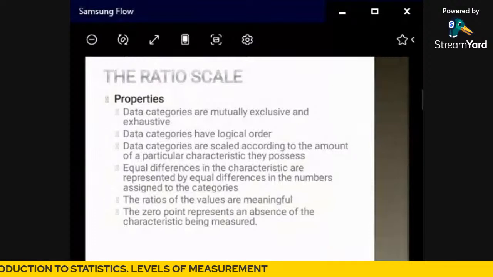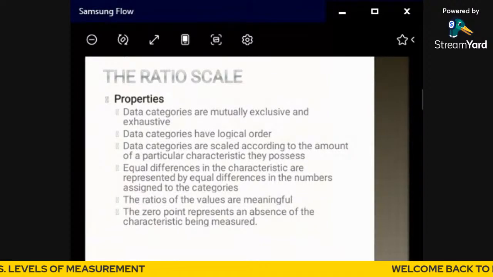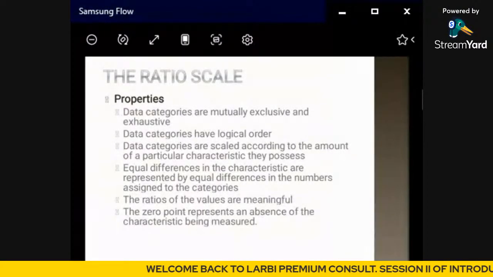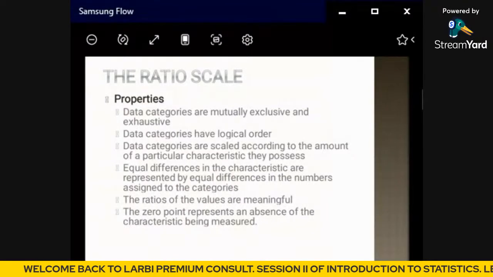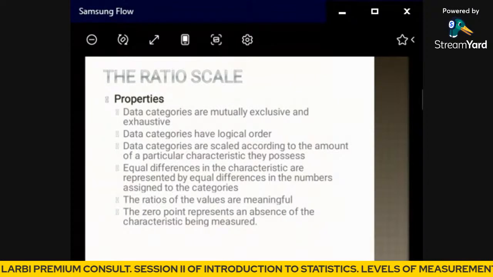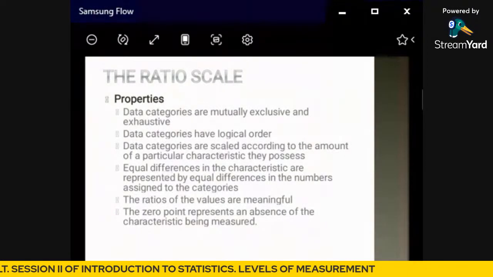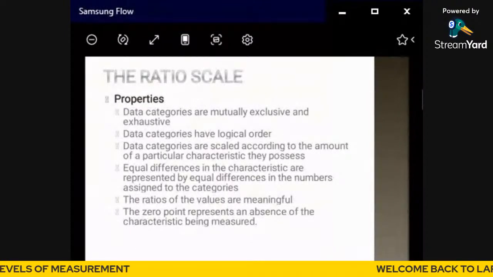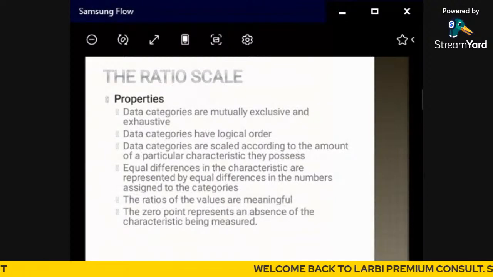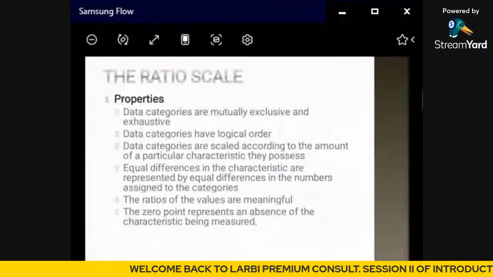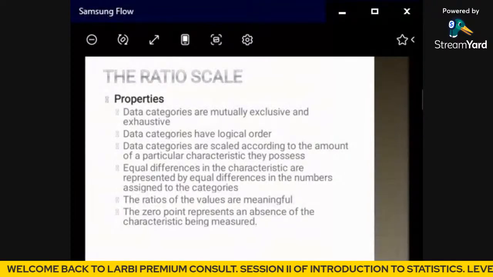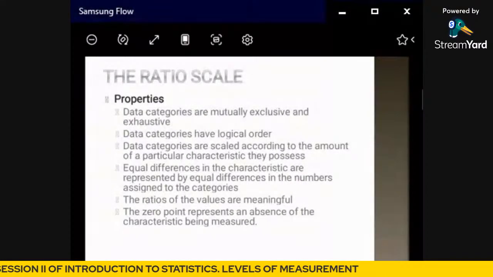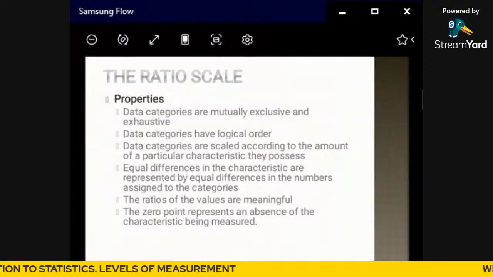So in summary, we have four levels of measuring data: the nominal level, the ordinal level, the interval level, and the ratio level. At the nominal level, we are talking about group membership, where a set of data can be classified or counted. With the ordinal, we are talking about ranking of a set of data. With the interval, you're talking about the distance between two sets of data. And with the ratio, we are saying that this is the highest level of measurement, in which zero and the ratio between two sets of numbers are meaningful. And that's what we are talking about when it comes to the